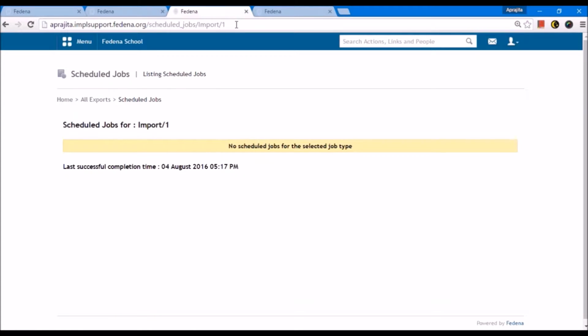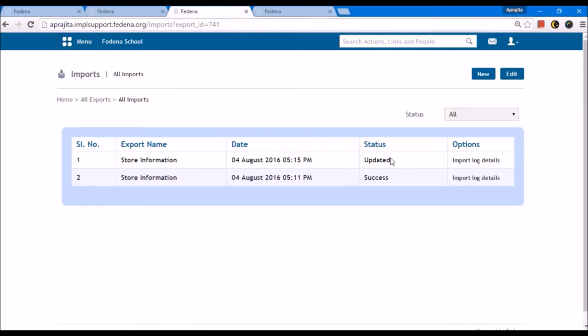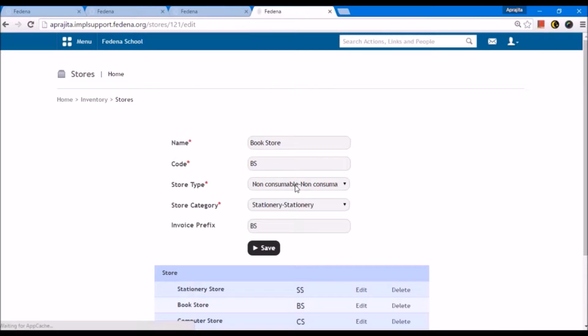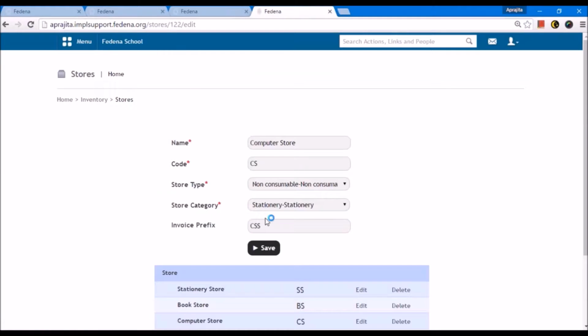So now you can see that the job is complete. Again, to check the status, I will use this option of imports. And here it shows the status to be updated. Let's see. Here we can check when we go to stores that the information against the computer store has been updated, with CSS as the invoice prefix.